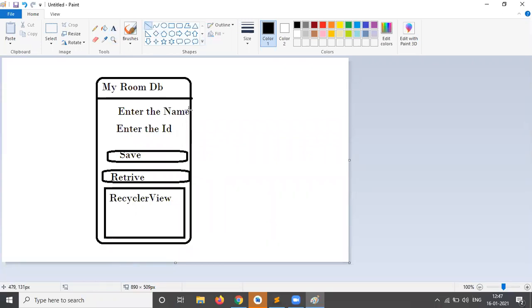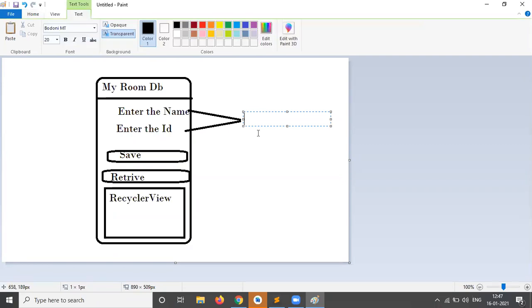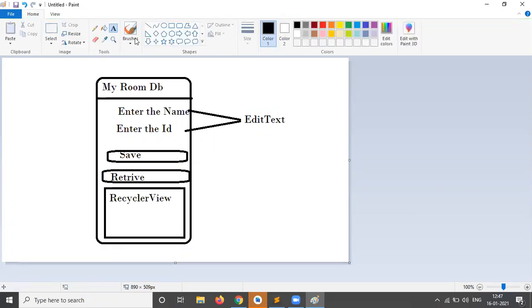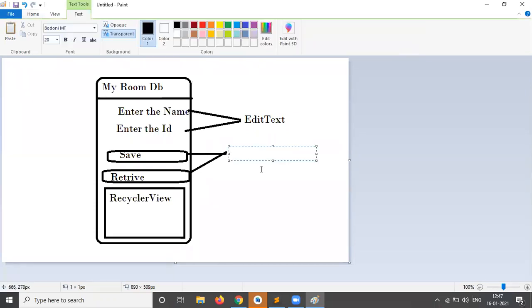So these two are edit texts. These two are buttons. You already know these things very well because we are practicing very well.